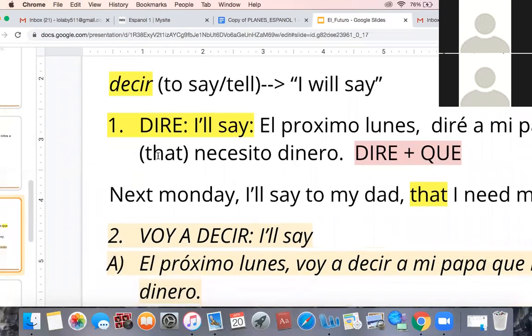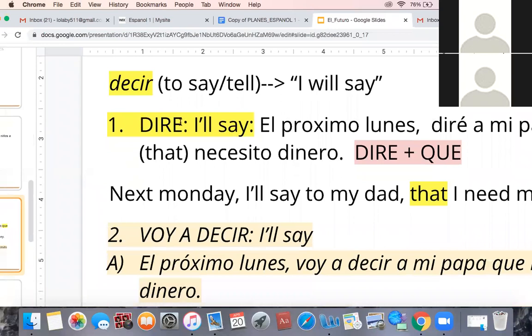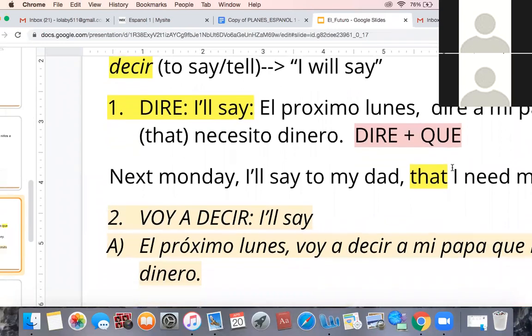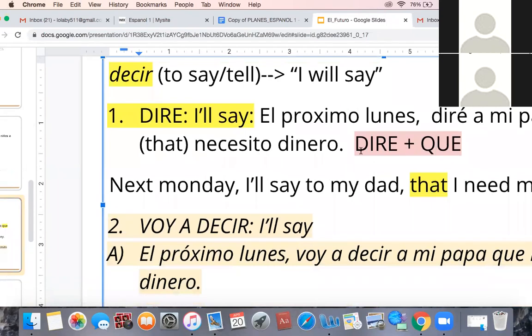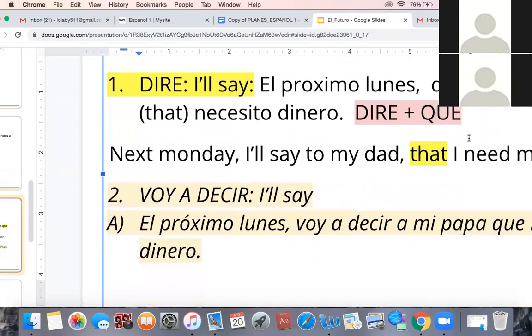Again, two ways. Número uno, diré. Entonces, en diré is just me saying, right? Yo diré, tú dirás, él dirá, nosotros diremos, ustedes dirán. Normal conjugation. This is the conjugation way, if you will, okay? And then I showed you that this word is always accompanied with que, no matter the form, right? Decir or diré que. And que in this form means that.